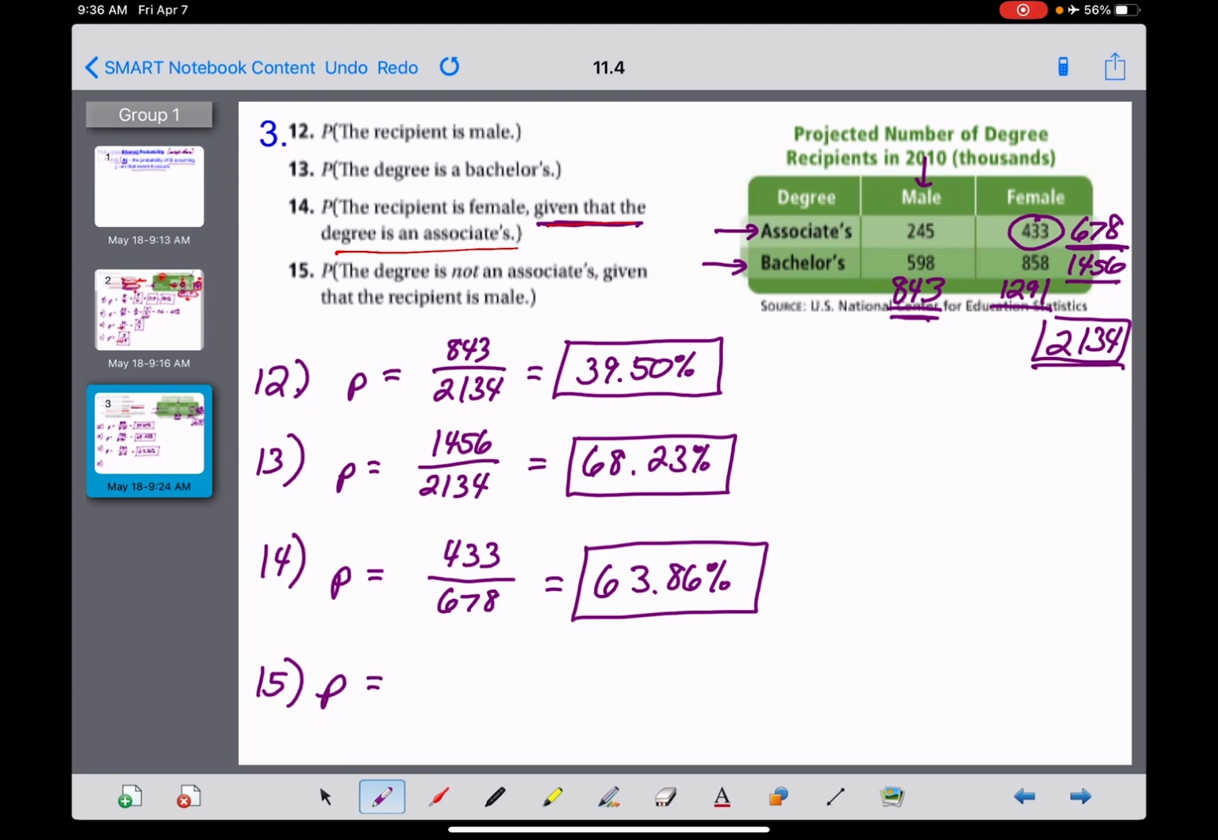Let's take a look at this probability. We want to know now, what's the probability that the degree is not an associate's, given that the recipient is male? Okay, so again, I'm going to focus on the second part of that. The recipient is male, and that's going to be my denominator. So the total number of male recipients right here was that 843 number down there on the bottom. And what we want to know is that out of those 843 male recipients, how many of them did not